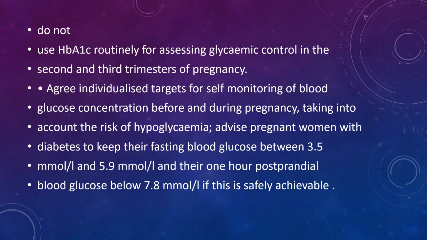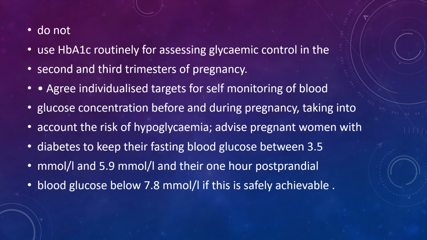Agree individual targets for self-monitoring of blood glucose concentration before and during the pregnancy, taking into account the risk of hypoglycemia, and advise them to keep their fasting blood glucose between 3.5 and 5.9 millimole, and 1 hour postprandial below 7.8 millimole if it is safely achieved. This is the aim of glycemic control during pregnancy. We concentrate especially on